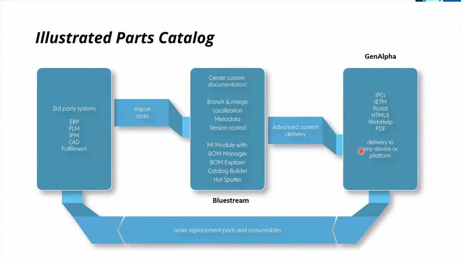And then from here, if you've got your IPC, then you've got your order fulfillment going back here. So actually, in this particular case, this is a way of increasing revenue and showing that your content and your authoring team are actually creating value for the wider company. It's not an overhead. If you start creating your content more intelligently, delivering it more intelligently, then it starts to help your sales. Delivering better content on the web, for example,